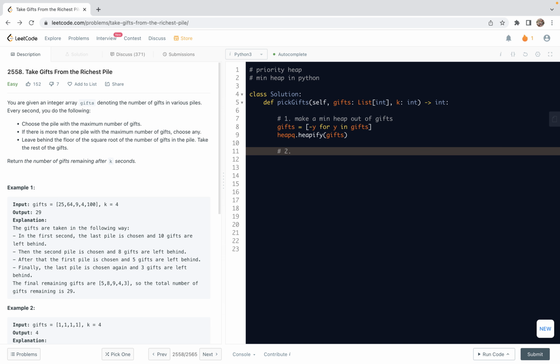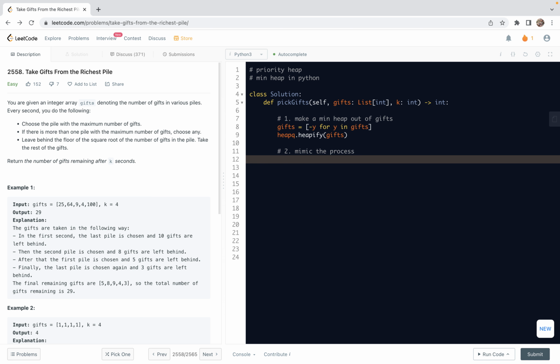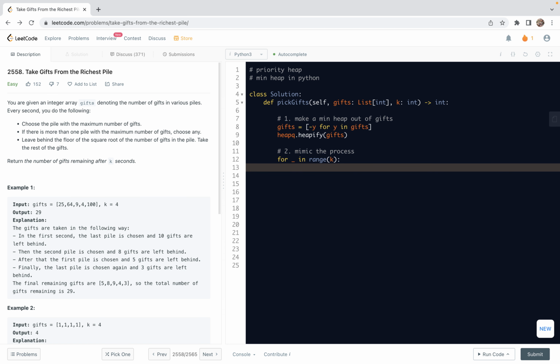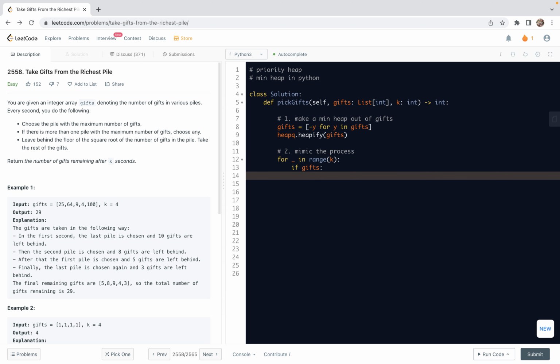Secondly, what we're going to do is mimic the process. This is the for loop. What we're going to do is, for a dummy index in range k, we're going to iterate k times. First, I'm going to do this check. In this problem, actually, we do not need to do this. Here, first, let's get the maximum number, that is a negative